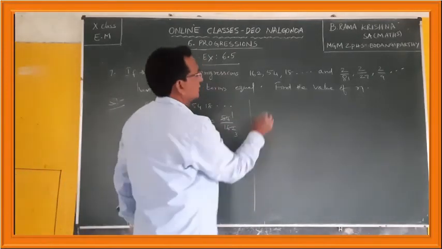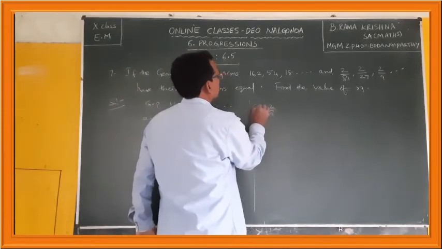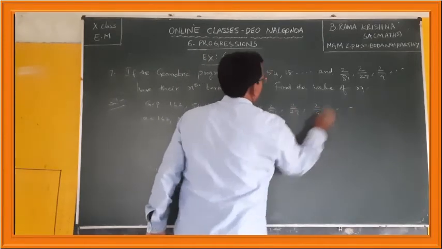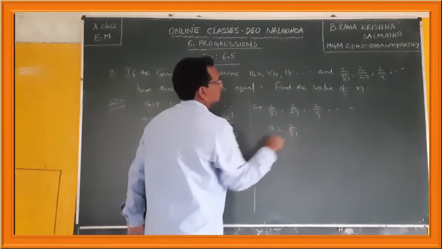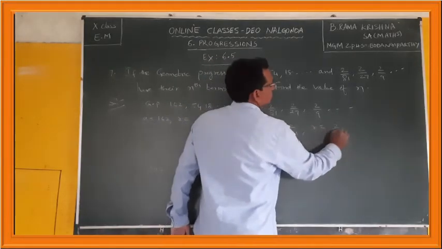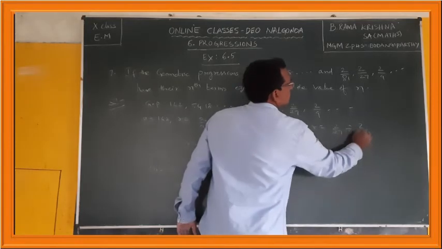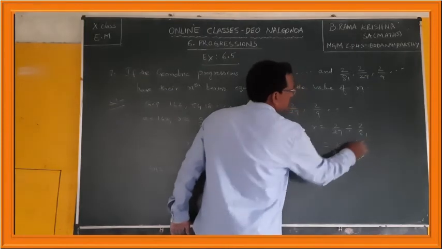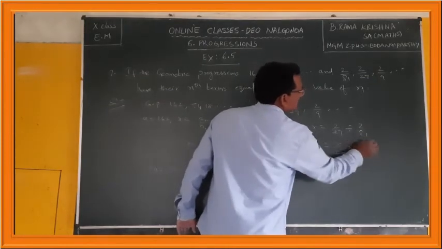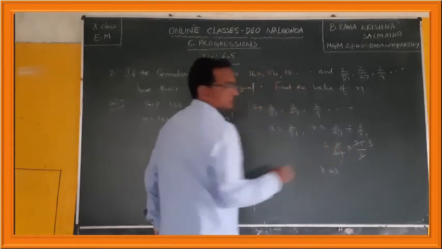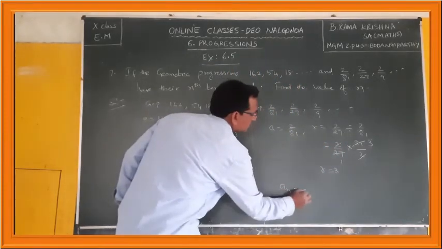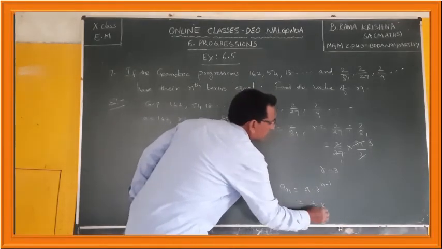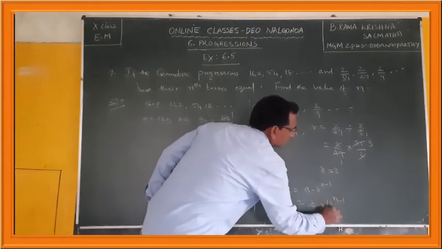Okay, we will calculate similarly the nth term of the second series. GP 2 by 81 comma 2 by 27 comma 2 by 9 and so on. Here A is equal to 2 by 81, R is equal to 2 by 27 divided by 2 by 81, which is equal to 2 by 27 into 81 by 2. 2 gets cancelled, 27 1 ja, 27 3 ja. Here R is equal to 3. So what is AN? The nth term is A into R to the power of n minus 1, which is 2 by 81 into 3 to the power of n minus 1.